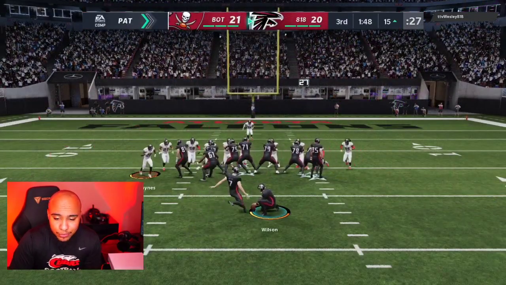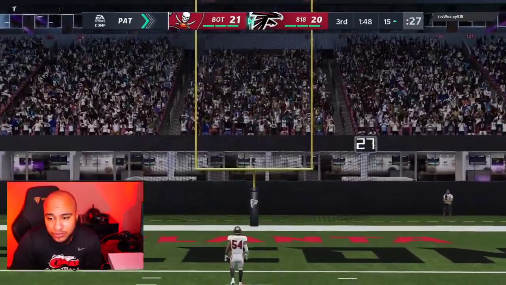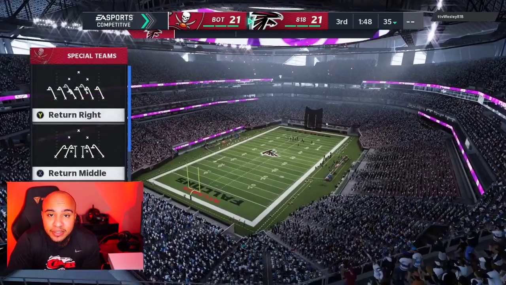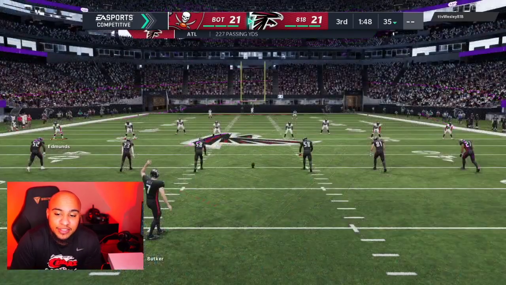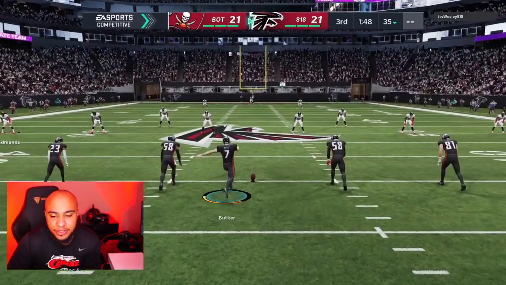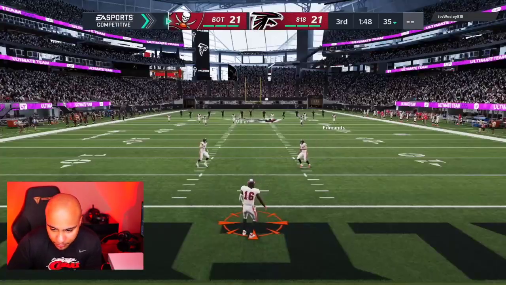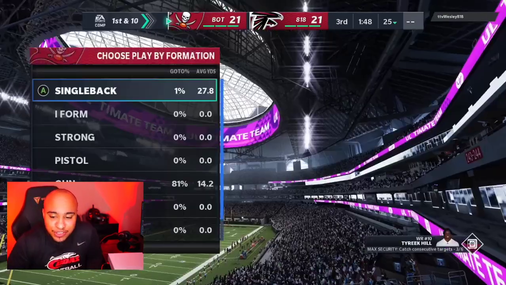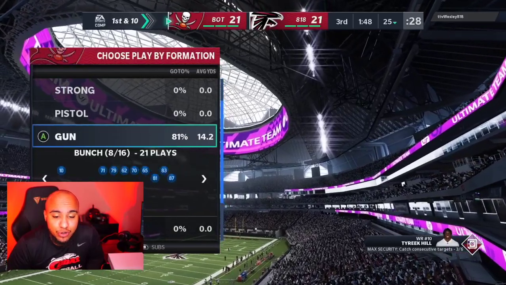A real cover 2 beater, and a cover 3 beater. Verticals is really, really good this year. It's how it was in previous Maddens. Madden 19, you know, Madden 20 kind of took a step back, because you couldn't throw the wheel early until you were in the red zone, but this year, as you can see, it's back. So I got pressure with Fletcher Cox,